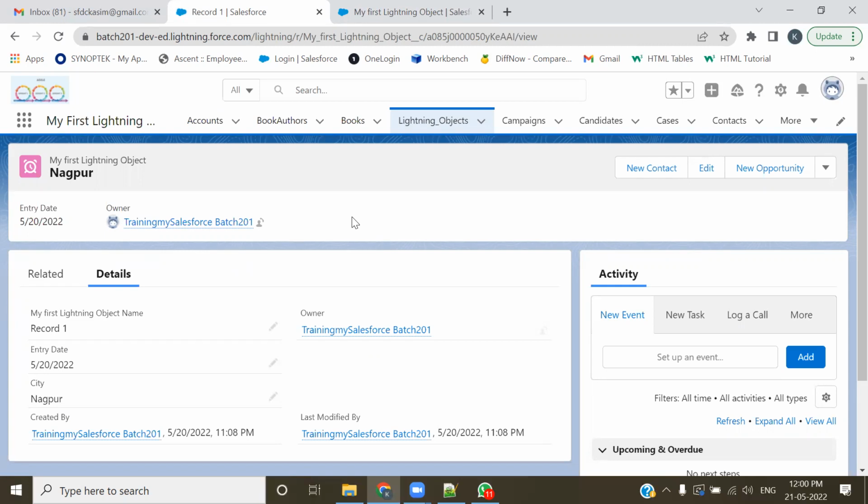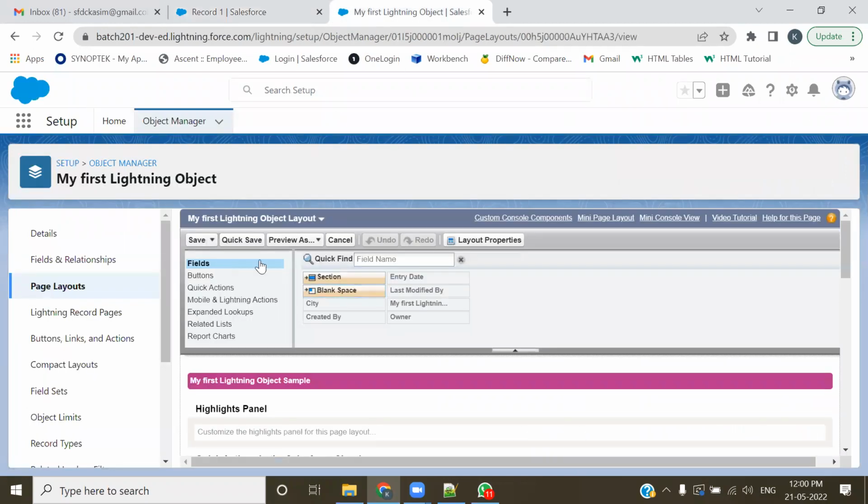Fields, application create करना सिखा दिया मैंने आपको। Object create करना, fields create करना, और Mini Page Layout भी बता दिया है, और Canvas view भी बता दिया है। Page को कैसे customize करना, Record Lightning Record Page को, वो भी आपको मैंने बता दिया है। Tabs कैसे create करना, ठीक है, वो बता दिया। Unfortunately वो demonstrate नहीं कर पा रहा हूँ, सब कुछ तो भी है जो मैं miss कर रहा हूँ। और इसके बाद में चलो अब मैं कुछ और चीज़ें बताता हूँ, जैसे कि